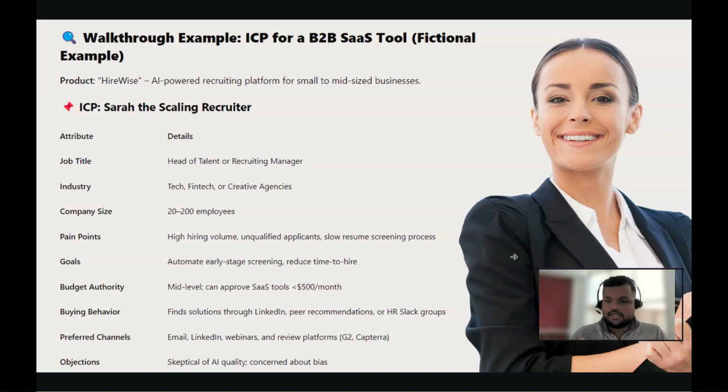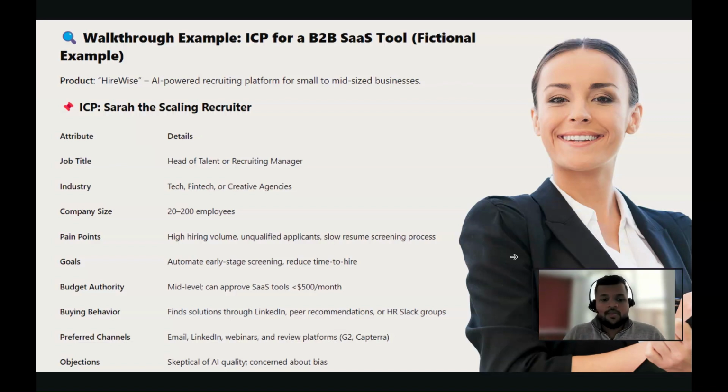So buying behavior talks about how people buy. Simply put, are they spending their time on LinkedIn and buying solutions from LinkedIn, or are they getting their new solutions through YouTube? What's their trusted authority? Identifying these will help you channelize your ad spend very well, and have your ad spend be targeted to the exact market. Again, it connects to their preferred channels, what we spoke about, like are they attending webinars, are they active on LinkedIn, or is there any other professional network that they are part of?